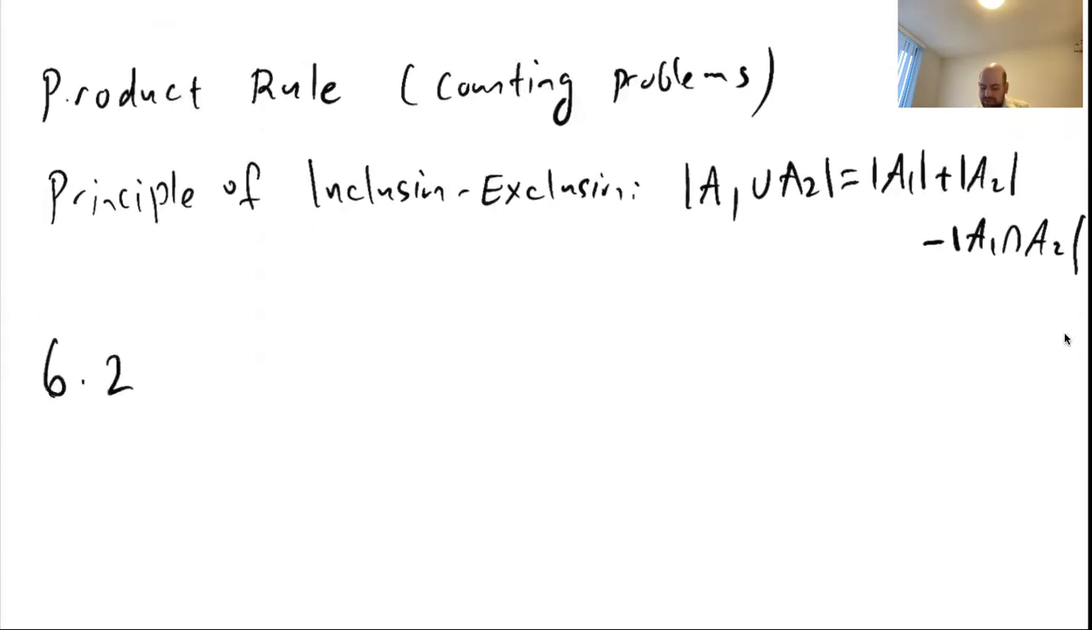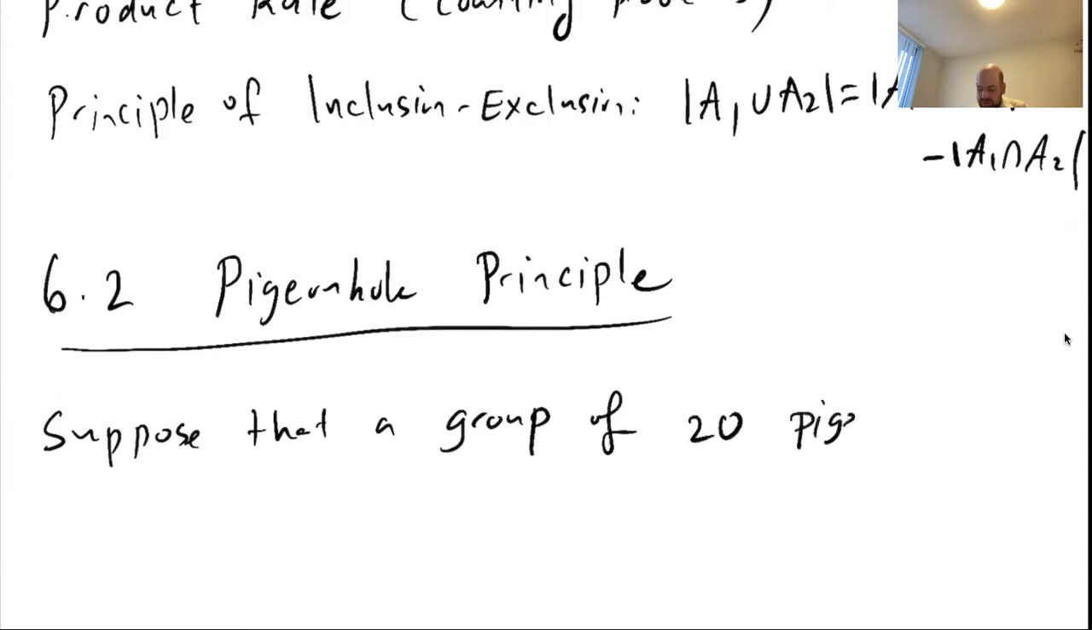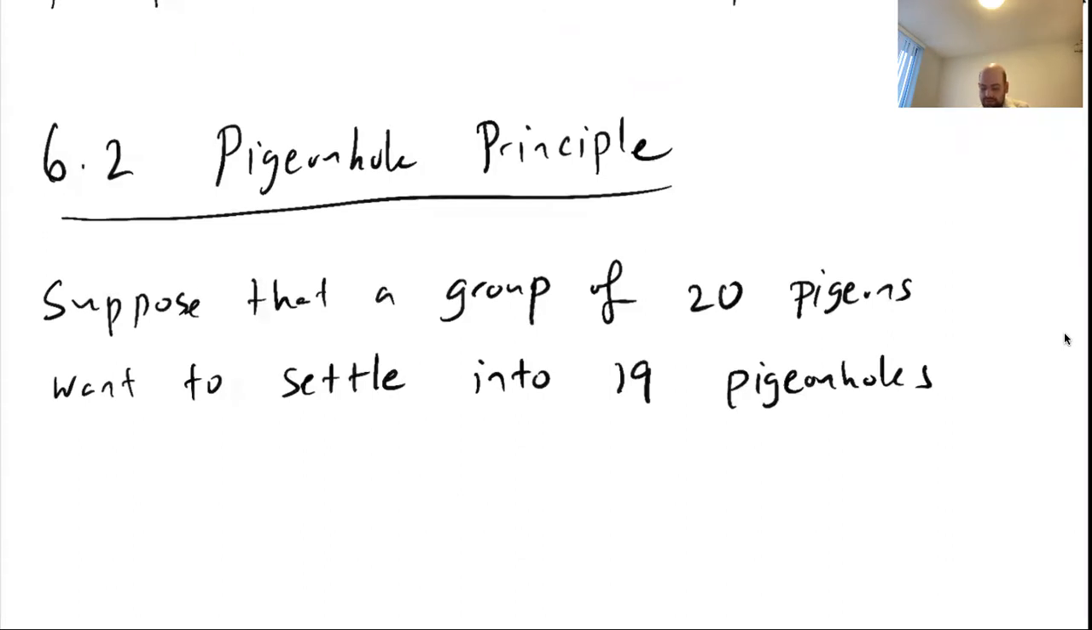Now this time we want to start 6.2, which is about the pigeonhole principle. So suppose that a group of, let's say, 20 pigeons want to settle into 19 pigeonholes. Then what can I say? 20 pigeons into 19 pigeonholes. I want to say that at least one pigeonhole will contain two pigeons,